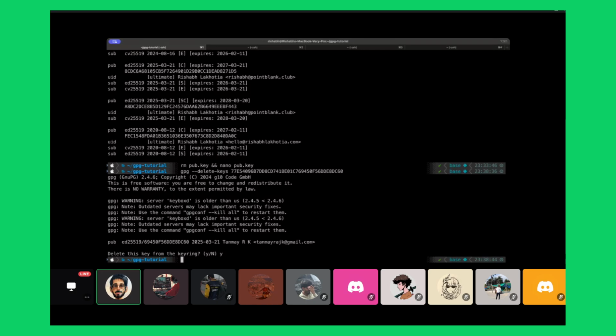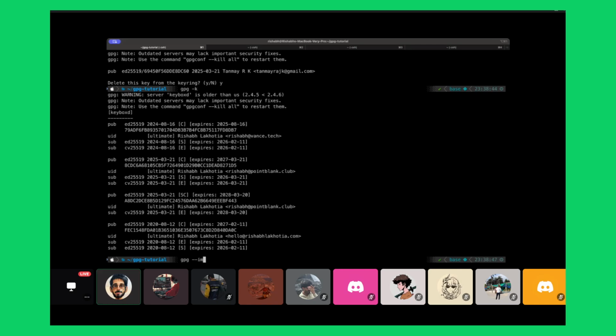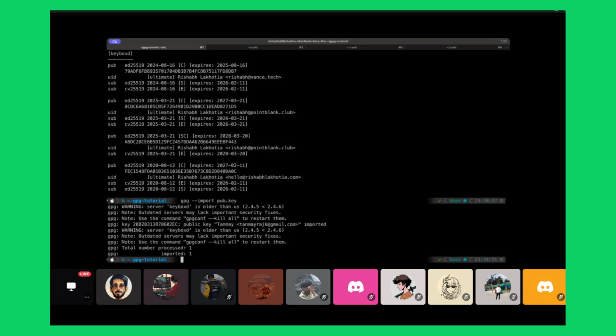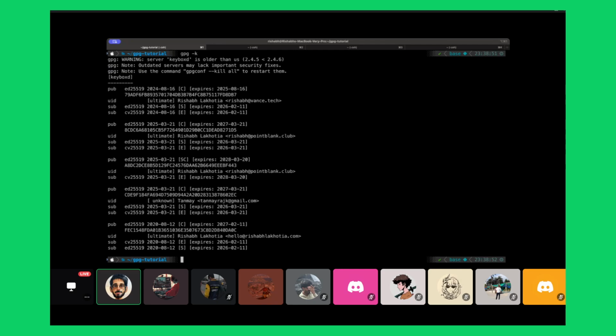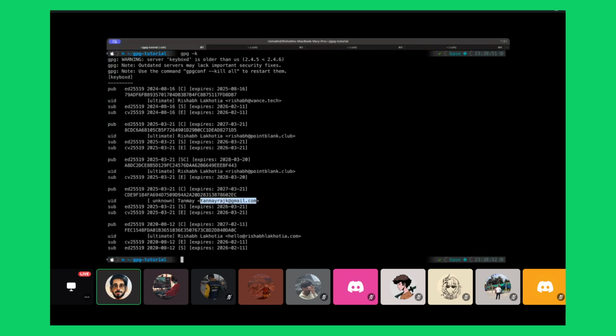So I'll delete your old public key and import again. So now if you see, I have your signing key as well as encryption key. Last time I showed you how to encrypt using key ID. This time I'll encrypt using email. So before that,